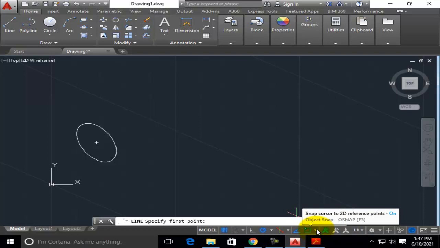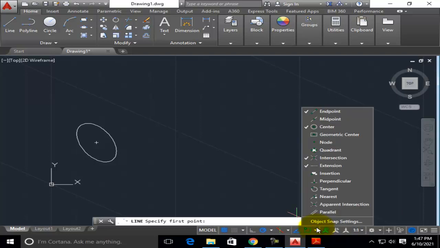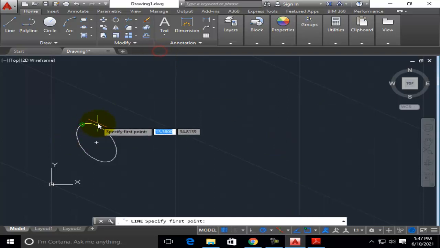Beside it there is an inverted triangle. Click on that and switch on the quadrant option first. It will enable us to select the quadrants that are available for the iso circle. There will be 4 quadrants available. You see, for the circle I have tracked the 4 quadrants that are possible.